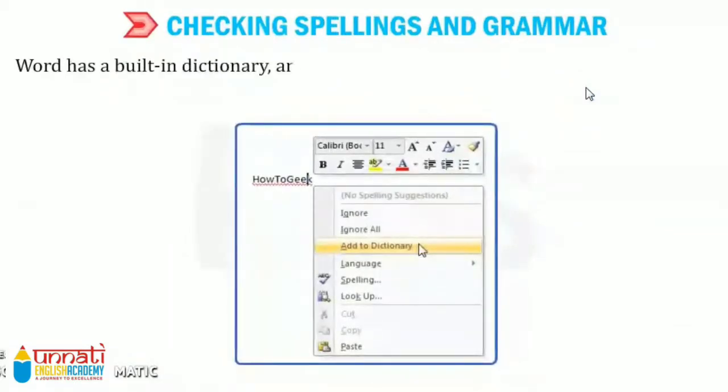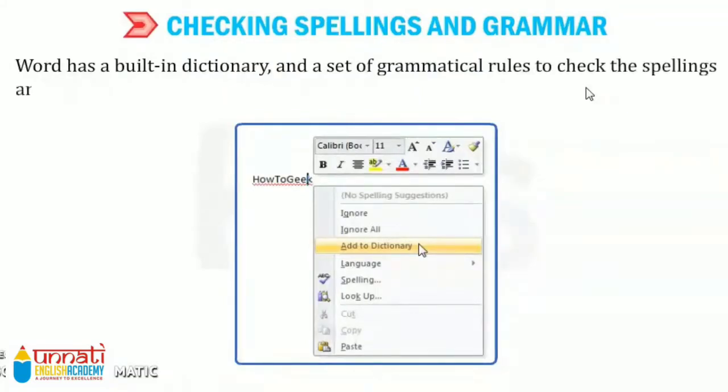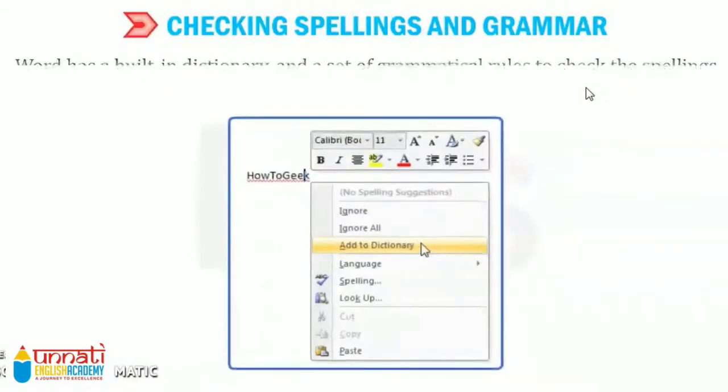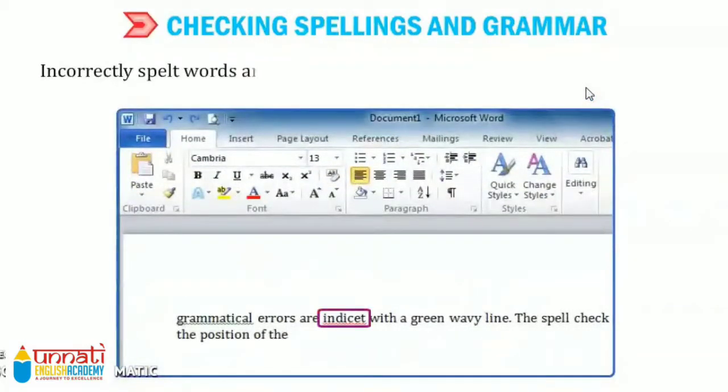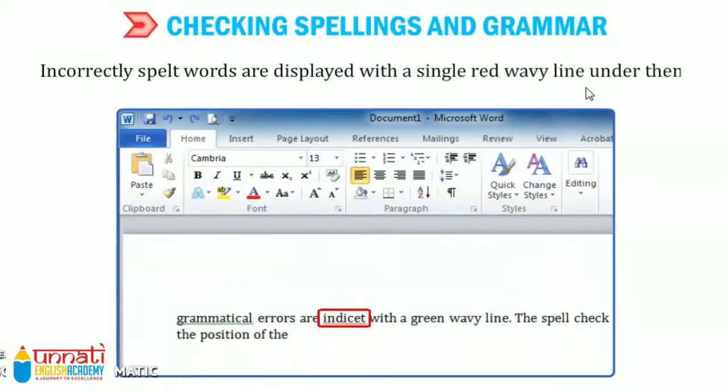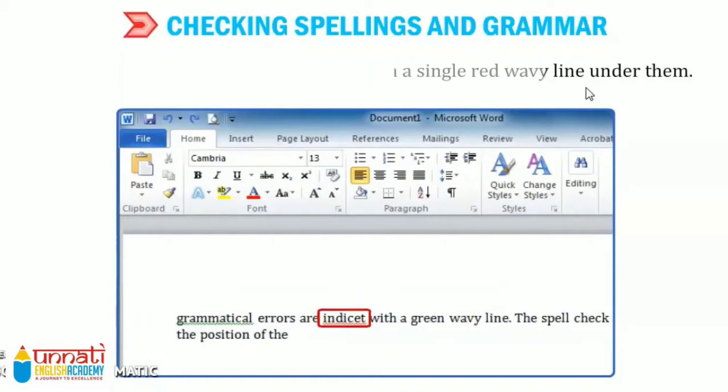See, students, you know that Word has a built-in dictionary and a set of grammatical rules to check the spellings and grammar of the text document. So if you want to check your text, if you want to check your grammar, you have to use these options. Incorrectly spelled words are displayed with a single red wavy line under them.